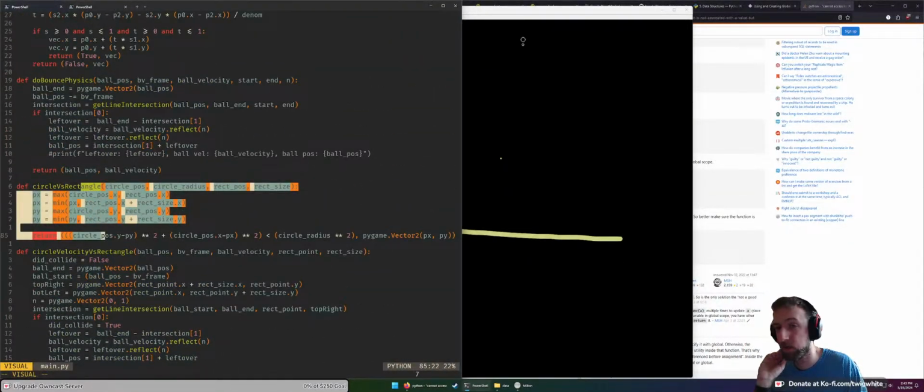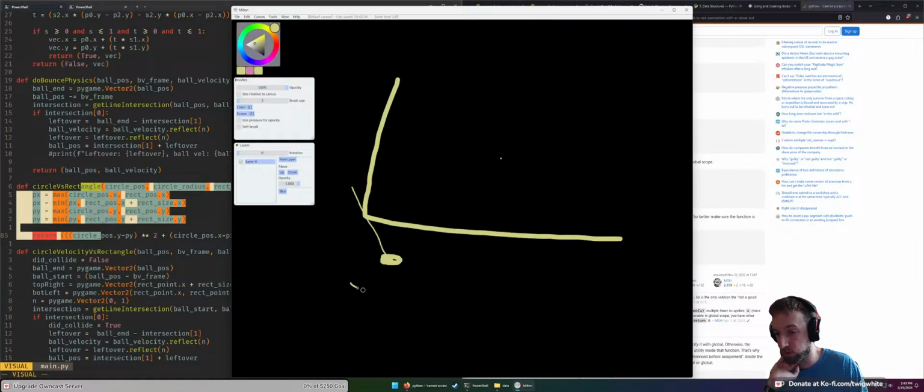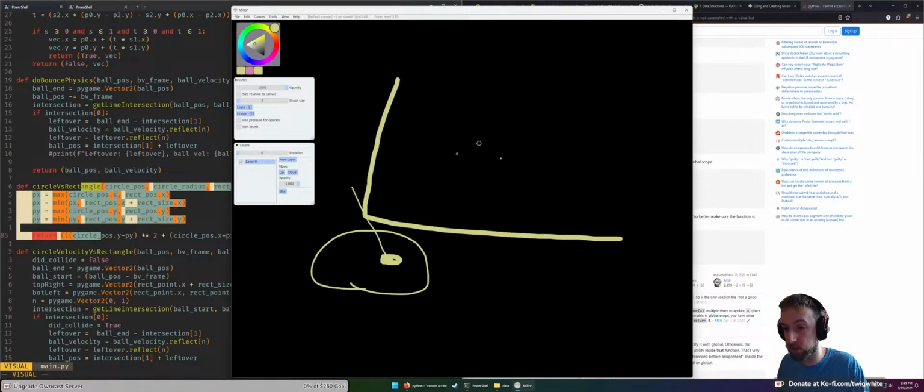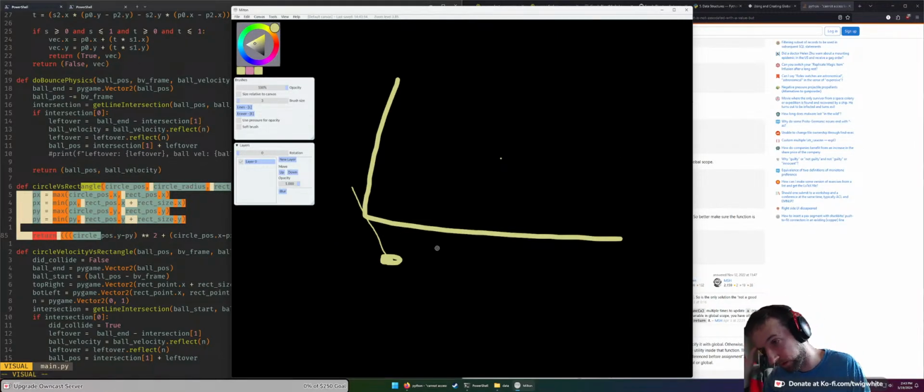Because that would take the thickness into account, right? And so you don't get those dumb edge cases, and you don't get caught in a rectangle. Once we've detected that if we move here, there's a collision, then what we could do is